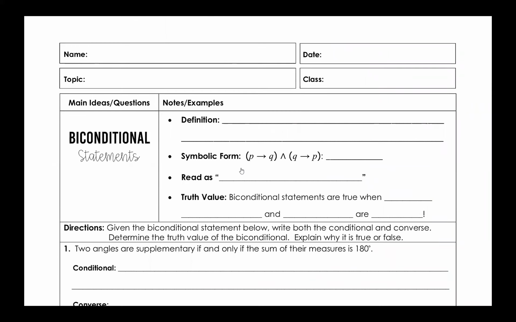All right, and our last one is called a biconditional statement. We're going to take our conditional statement and our converse, and we're going to put them together with an if and only if conjunction. So the definition is, it's a conjunction. Conjunction, junction, what's your function? Did you guys have Schoolhouse Rock? It's a conjunction of conditional statement